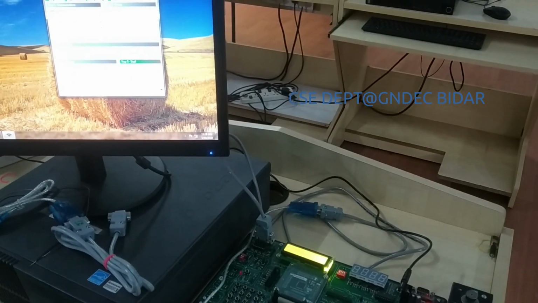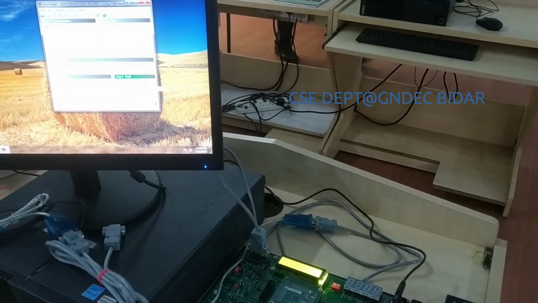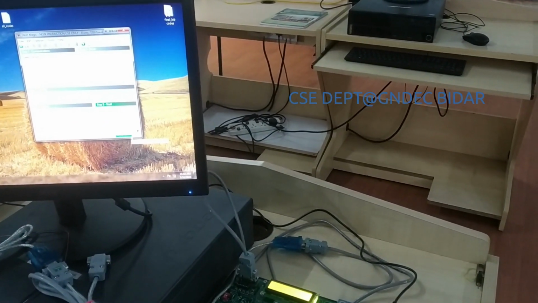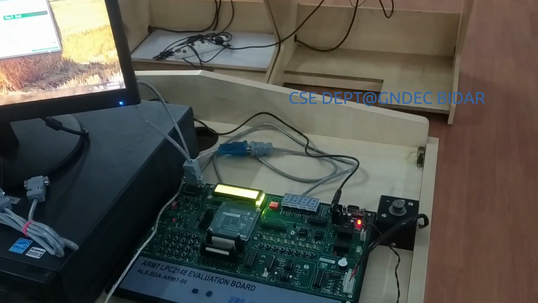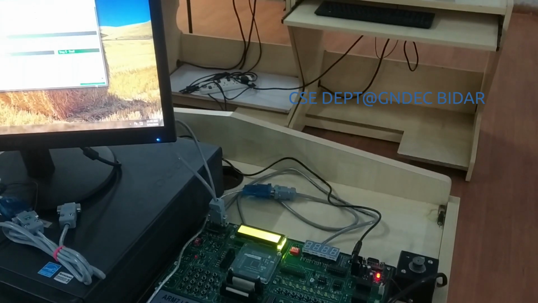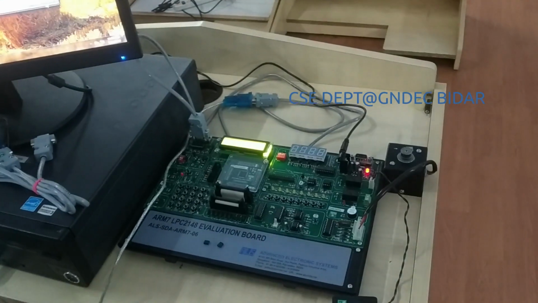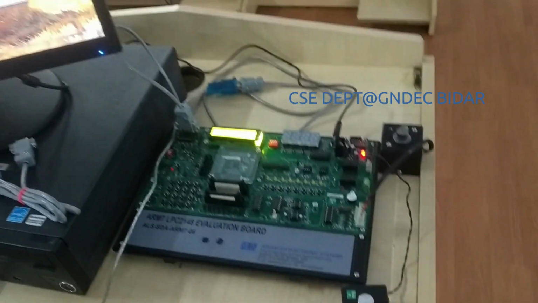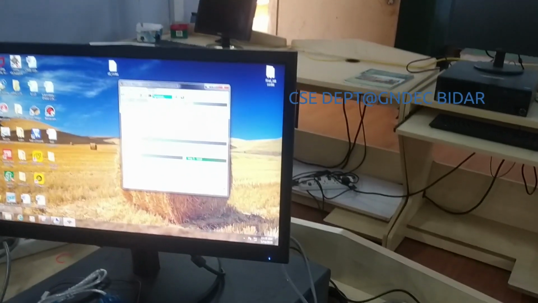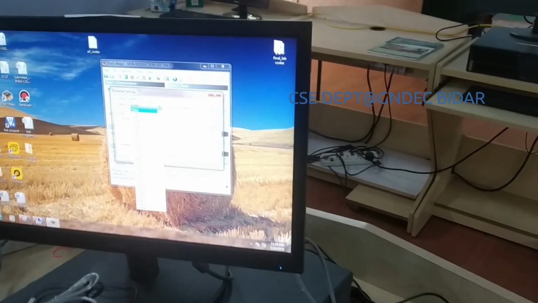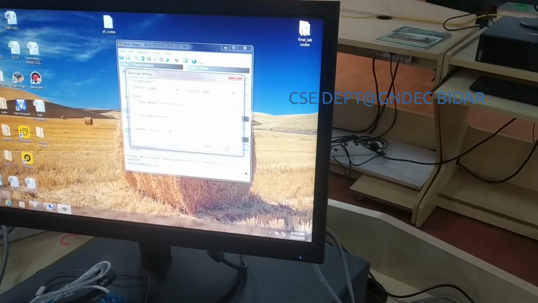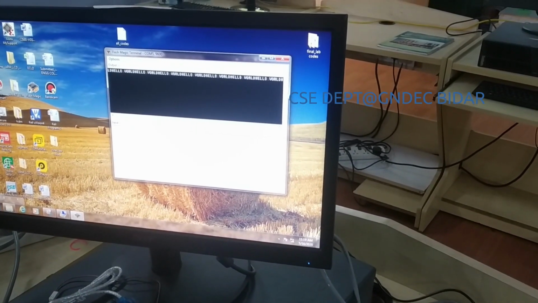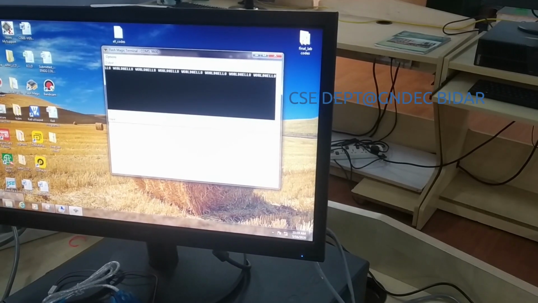Now let us flash the kit. For doing that, click on start. Your program starts uploading to the kit. You can see this. Now my code is on the kit, and we have to see the output. The program says we have to see the hello world message using internal UART. To see the output, go to Tools and click on Terminal and select COM5 where my kit is connected, then click OK. Now I can see hello world messages on my screen. This is our 9th experiment.